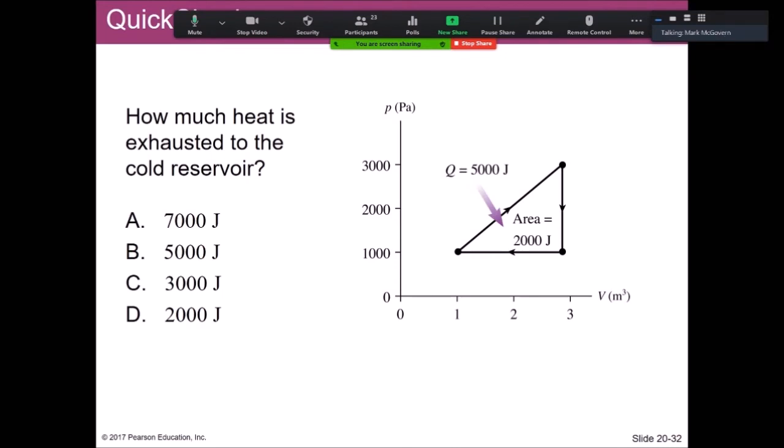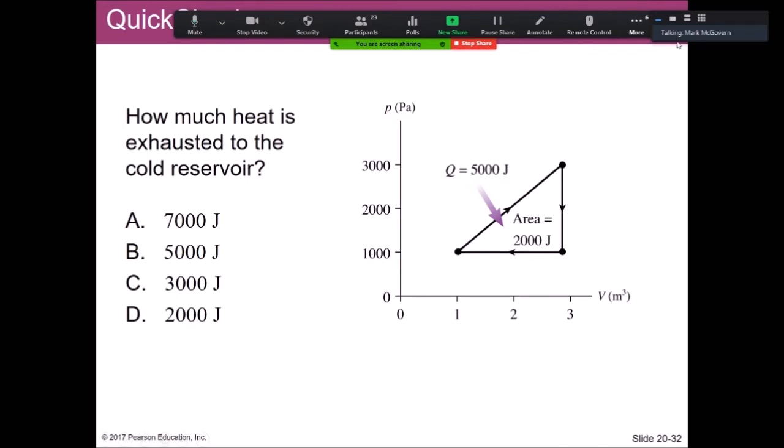what happens in that process is the volume increases, the pressure increases, and the temperature goes up. And in that process, we would be inserting a lot of heat. Yes, you're doing work, but you're going to have to put in some heat to make that temperature go up. And say we're told that 500 joules of energy are put in from the hot reservoir. Well, how much would be exhausted to the cold reservoir then? Let me know what you think about that.